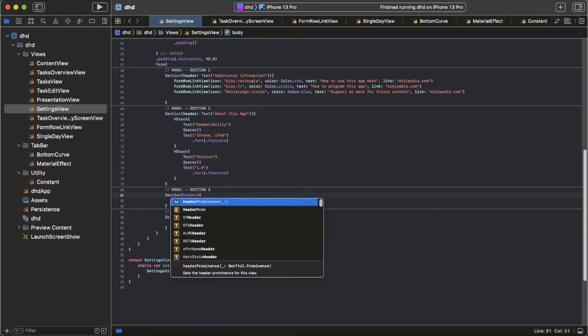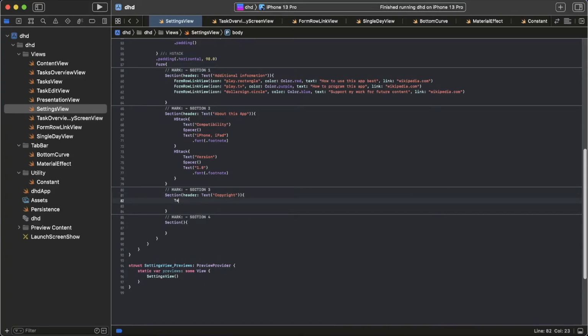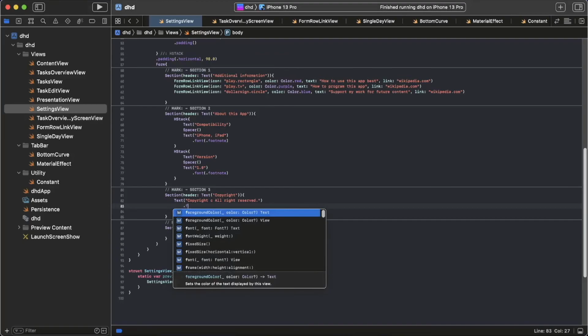Okay, then we go for header, text, then as text we use copyright, then we go for text, copyright, and then the C. I have to admit that I copied this thing from the internet because I have no idea how you can actually make this one on a normal keyboard. Okay, then we go for font